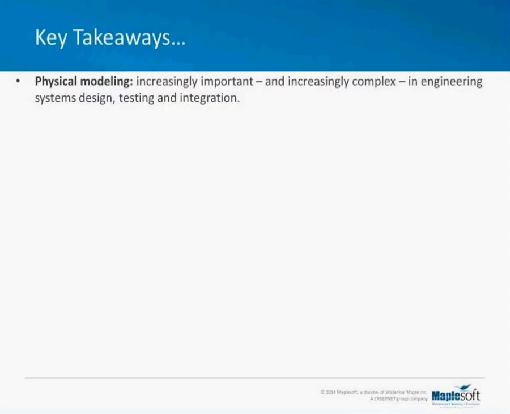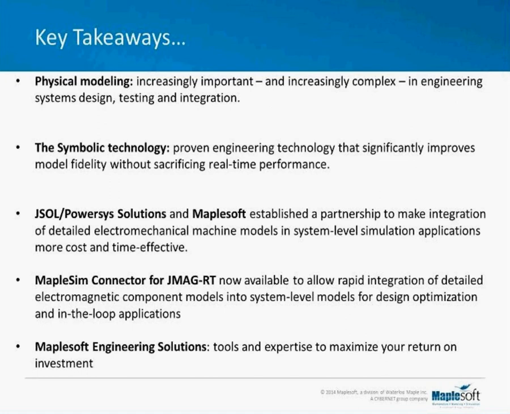Thank you, Jonathan, and thank you, David. So the key takeaways, we talk about physical modeling, which is important for doing a complex system and helps towards the engineering system design, testing, and integration. The symbolic technology which powers Maple and MapleSim, and their role in creating models in a causal fashion and also creating fast code. We've seen the JSOL PowerShift solution and Maplesoft, which they come together to provide this